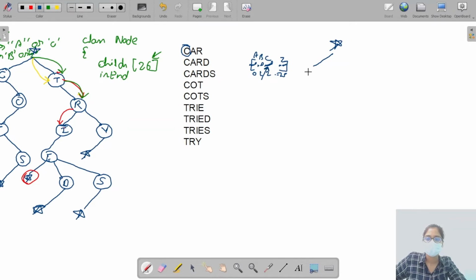We will create this node C. At index 2 we are creating a node for this C. So we will add this C. Now for inserting car, again there will be,